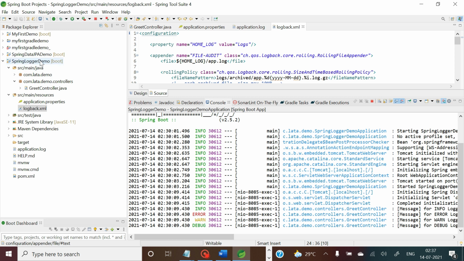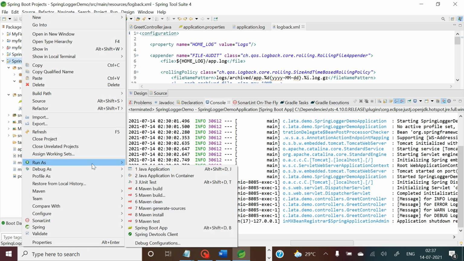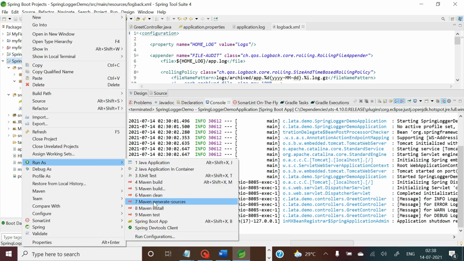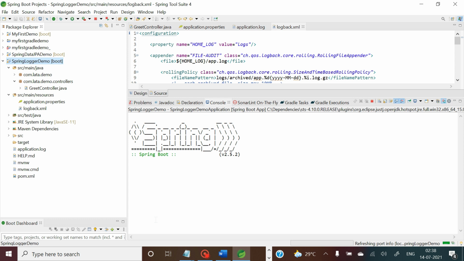So if I execute my application now, let me just stop it and then execute it again. On the console, you can see that log is not maintained. Let me just execute my application on the browser.